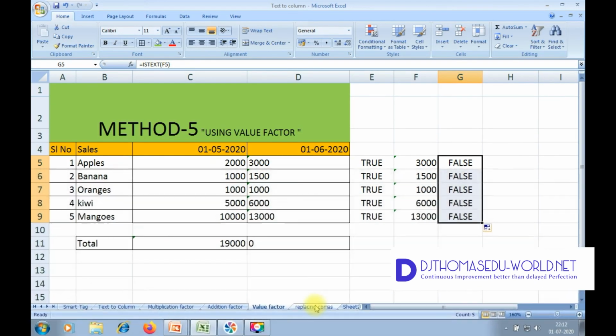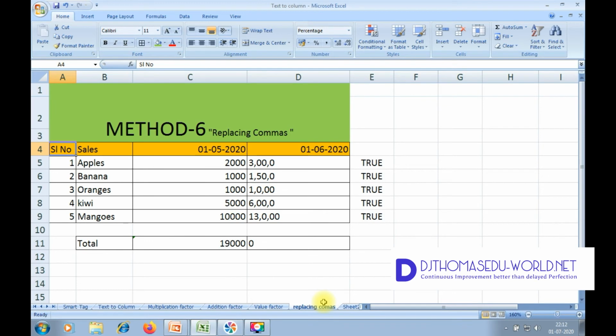Finally, we'll go with the last method. Here the values which I've entered have a few commas. The condition for checking text is also true, indicating that all the values in column D are in a text format. This happens when copied into the cells, maybe when you're working from a mail or a Word document. Those commas will be added here and it will be in a text format.